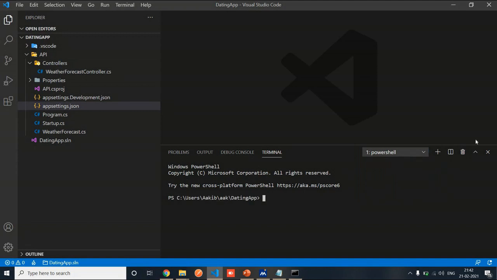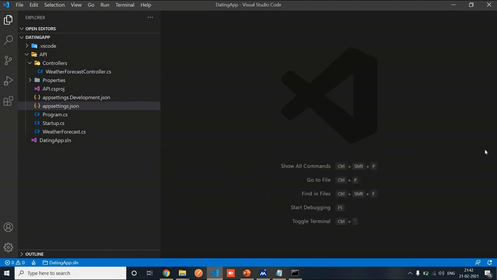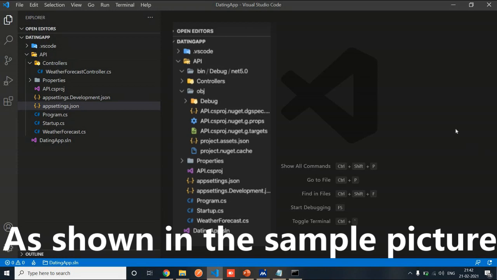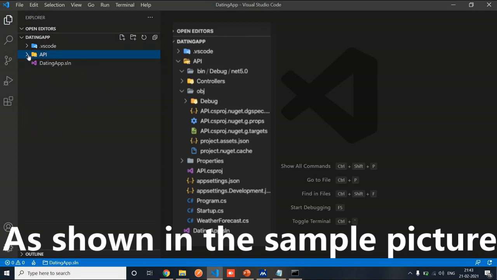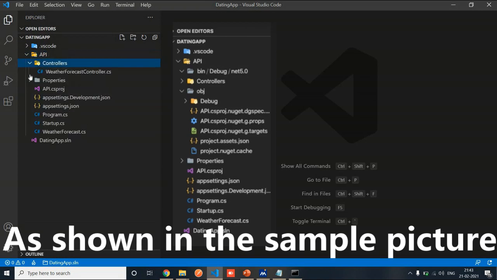And there are a couple of other things that I'd like to do inside here. There are a couple of folders in here, a folder called bin and obj. For me it's not showing here, but for you it may be visible in the folder structure. Now every time we build our project or do something with our project, these folders are recreated, but we never actually interact with these folders at all the time we are developing our application. They might as well not be there, but they are necessary.